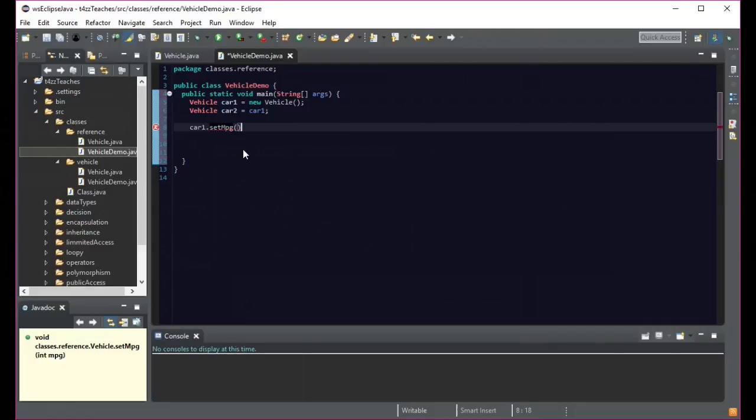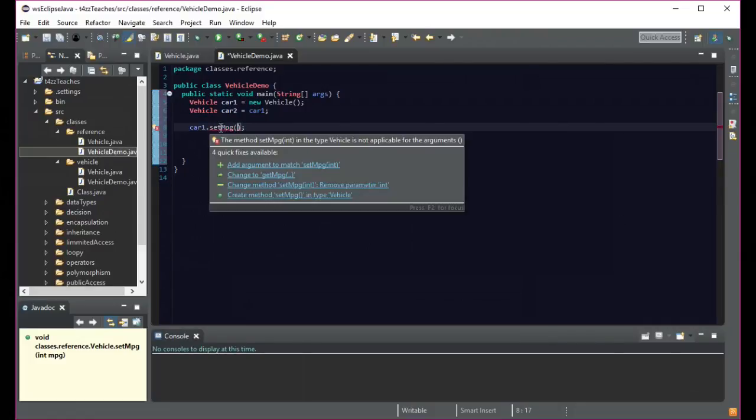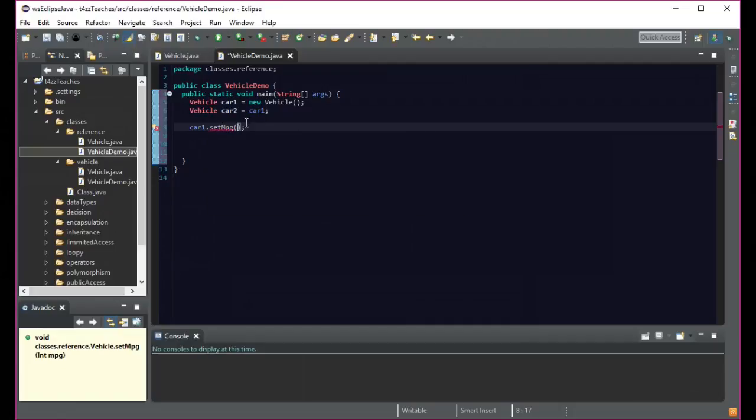So we're going to set miles per gallon, and if we mouse over it, you'll see that it expects an integer. So you can see set int. Let's say maybe 30 miles a gallon. Pretty good, right? Now you would think, because I've set car 1, and then I copied car 1 when it was blank, and now I'm creating car 2, what will happen if I now go look at